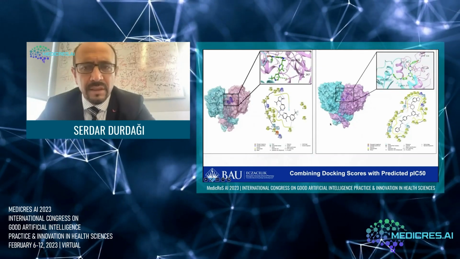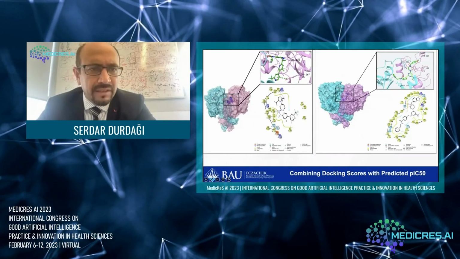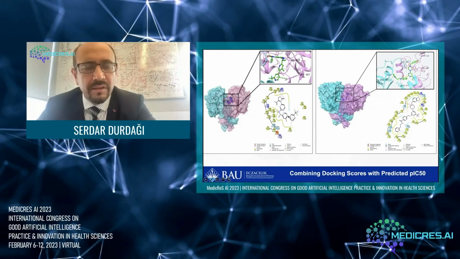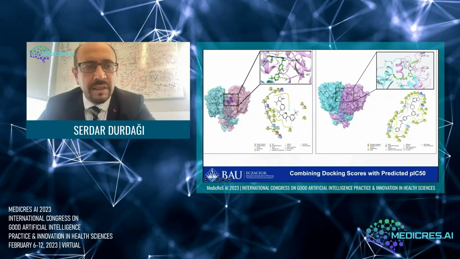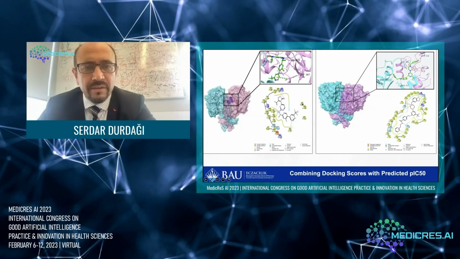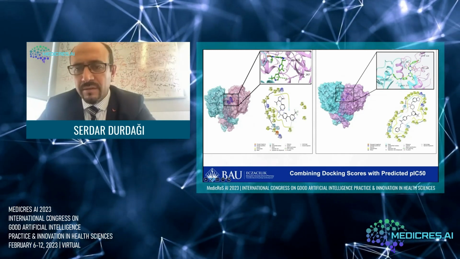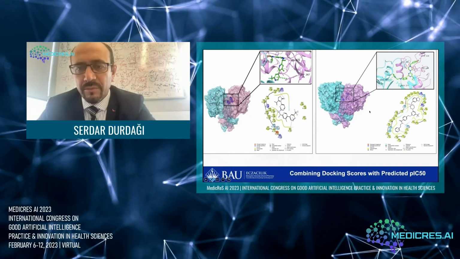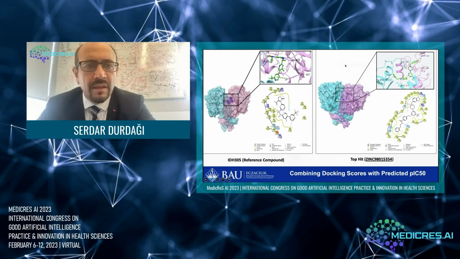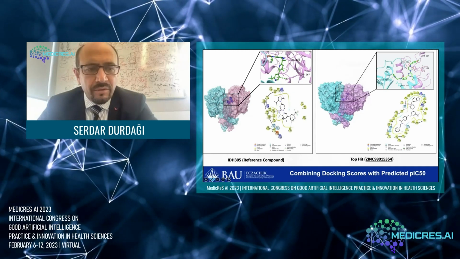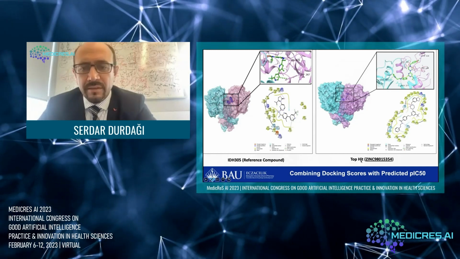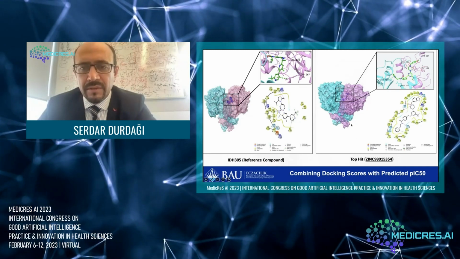So here you can see the positive control compound, with the amino acids making the nonpolar and polar, non-covalent interactions with the molecule. And here we can see one of our identified compounds at the binding pocket, and we tried to see if we have common amino acids. So this is the reference molecule from the PDB structure that we used, and this one is the molecule that we identified.